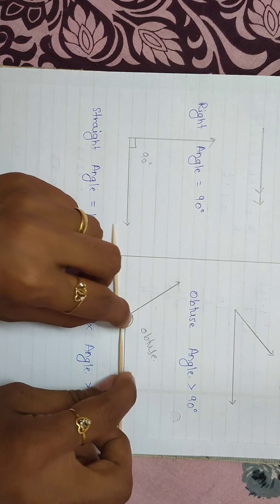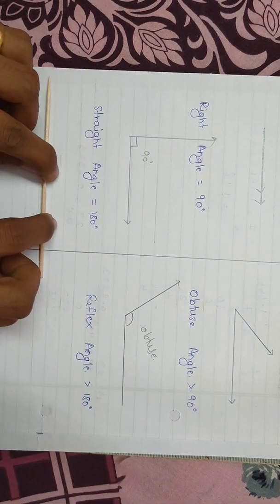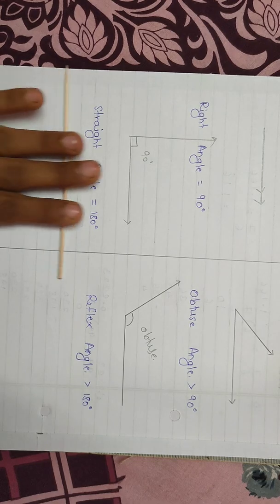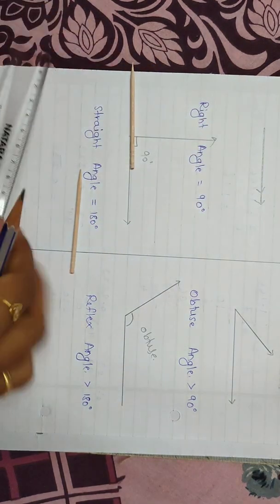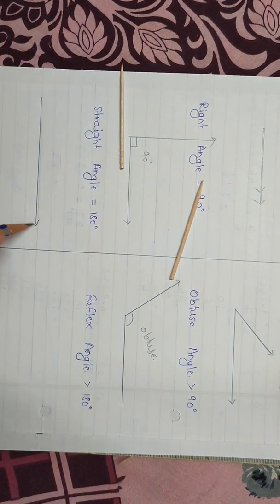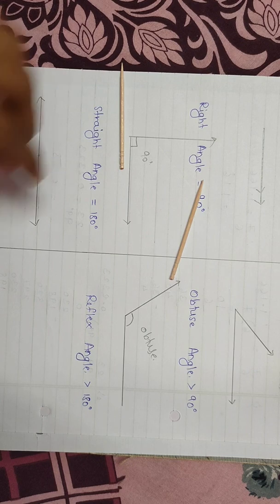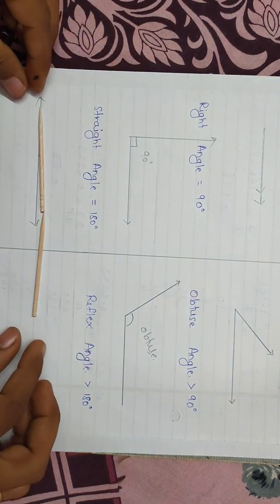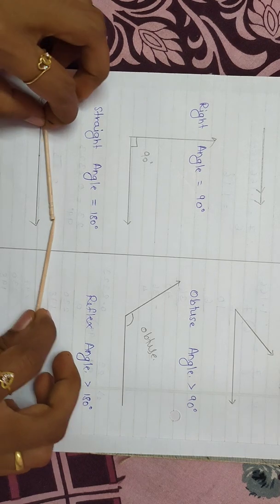So that becomes a straight angle. Clear? So straight angle is simply a straight line. Now, more than a straight line, there is